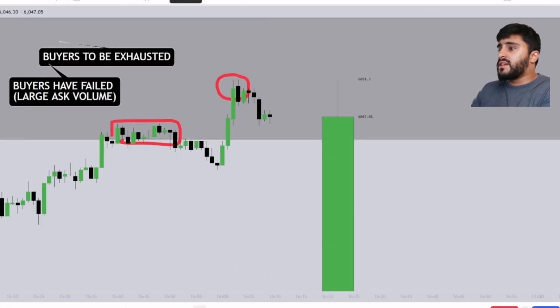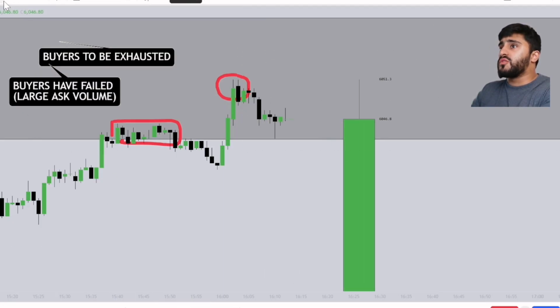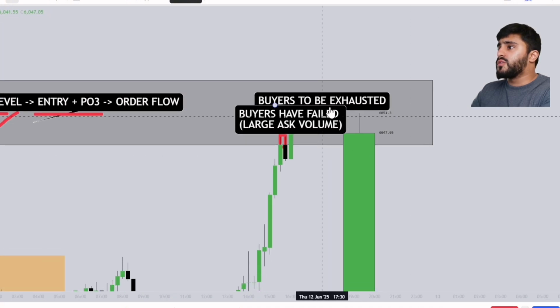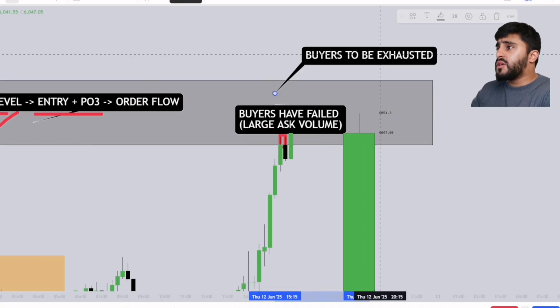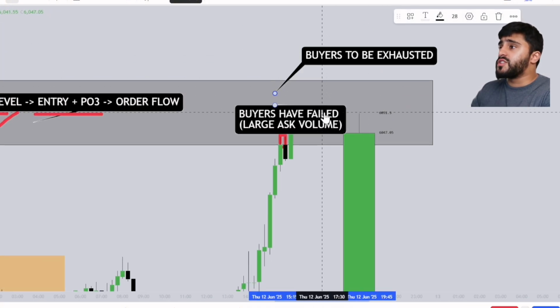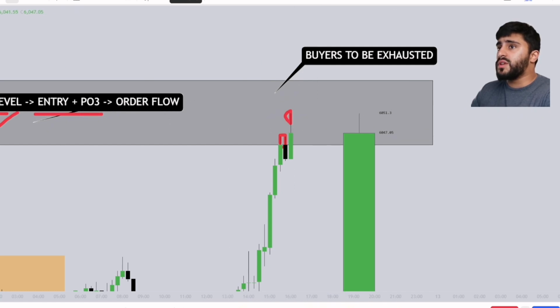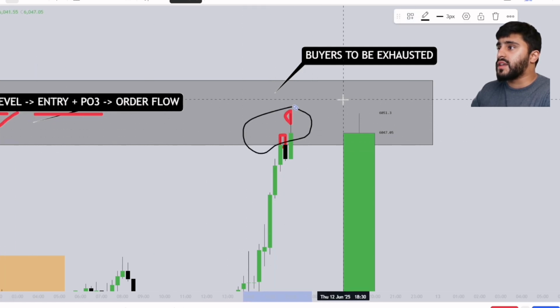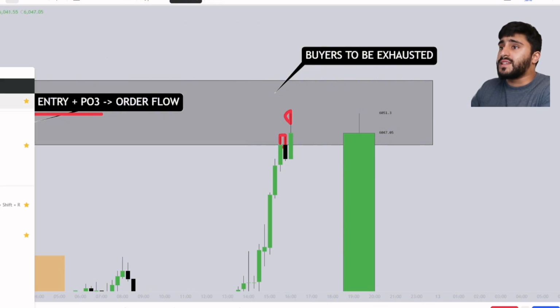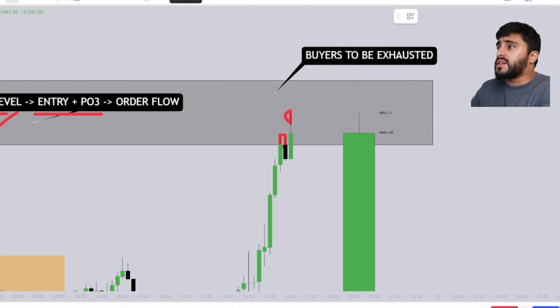So if we go back to the regular candlestick charts, right? The reason the market moved down, even on the 15-minute time frame, the reason the market moved down is because buyers in this region failed to break above the level, right? So we saw a huge amount of aggressive buyers over here, and they failed. They failed to break above the level, because if they succeeded, right, if these buyers over here succeeded, right, if